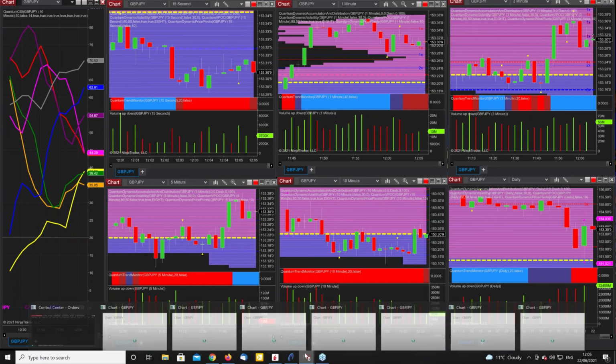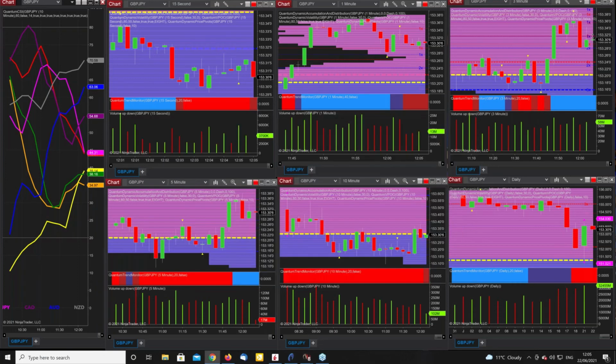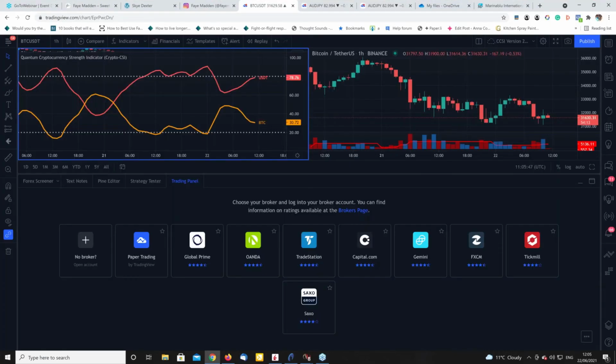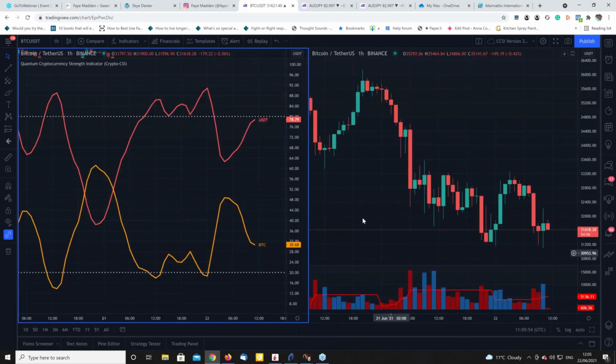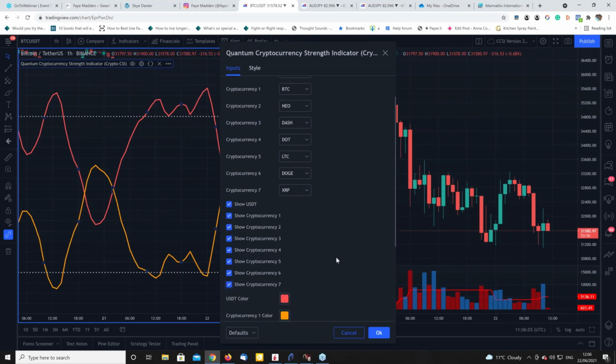Let's just have a quick look at the multiple CSIs, a quick scan around. Yeah, you can drop in different cryptos. Any that are on that list, let me just pull it back for a moment, sorry. There we go. That's all the brokers that are available at the moment. So they are all ones that you can hook through straight away. If I just go back in here, let's just put them back all on again. There we go, 7, and that's it.